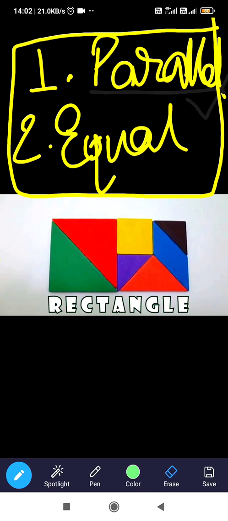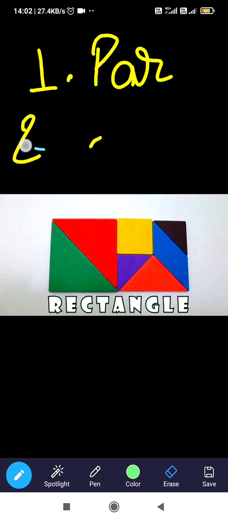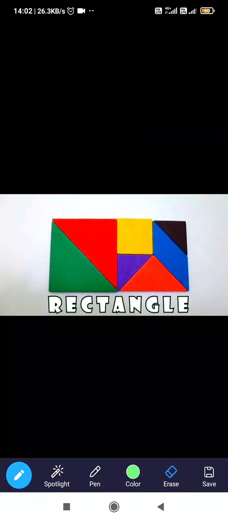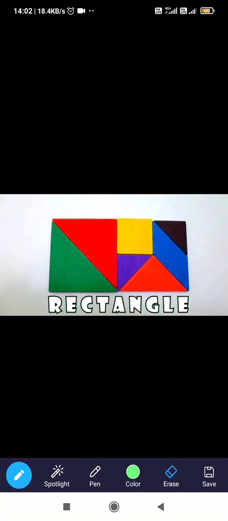Yes, ma'am. Okay, so now we were having an explanation about tangrams. So you can identify this is the shape of a rectangle, but it is made by various other shapes, that is triangle, square, and a parallelogram. So tangram is just a puzzle. Okay, you can say it is a shape puzzle, and it is very interesting. I think you too have